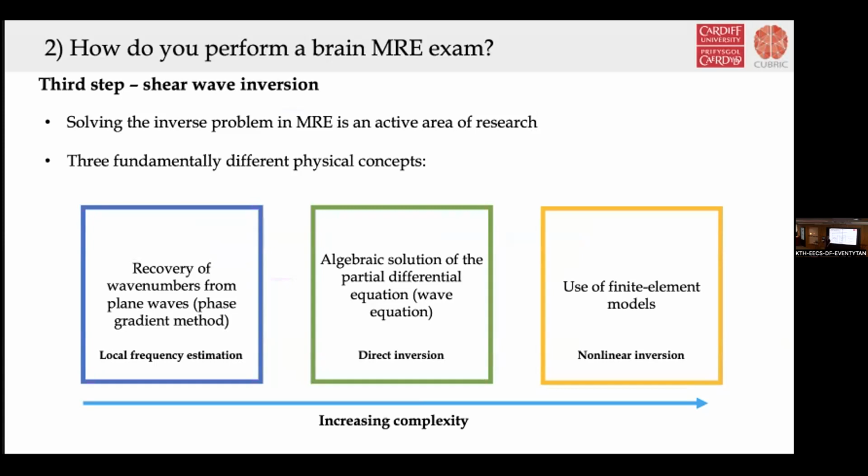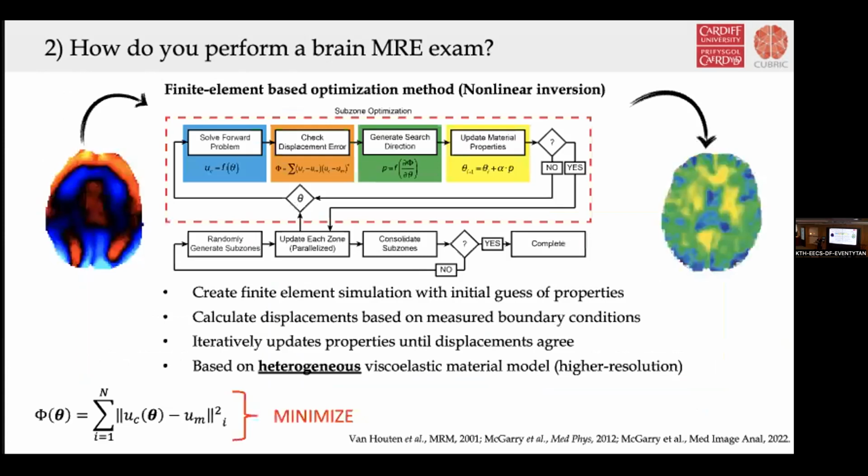This is where you can simplify the Navier equation down to the Helmholtz equation, relating the displacements to the physics of motion. And then you also have finite element models, which is called nonlinear inversion. So I'm mostly familiar with the FE-based optimization method, which was developed by collaborators at Dartmouth